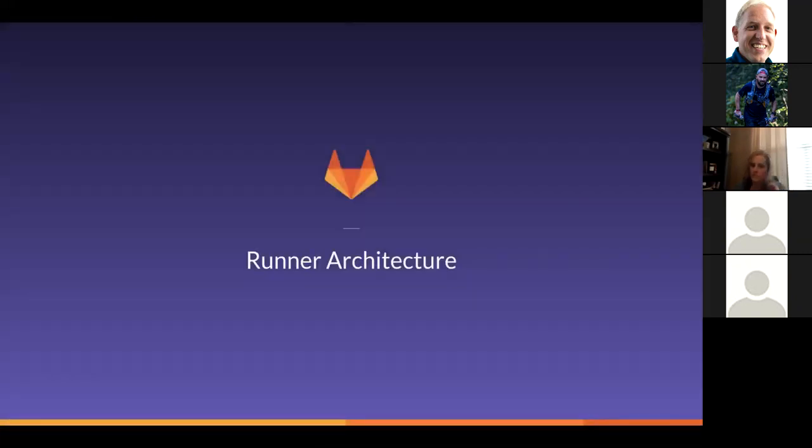Any questions just generally about the GitLab runners or what they do? Yeah, communication directions. Are the runners pinging the server looking for jobs? Correct. Okay, great. Yep. The runners are pinging the server, asking what jobs are there. There's an interval on which they do that, which is actually customizable, which I don't get into in this. But on an interval, the runner is reaching out to the server and looking at the job queue and seeing if it can pick one of those jobs.